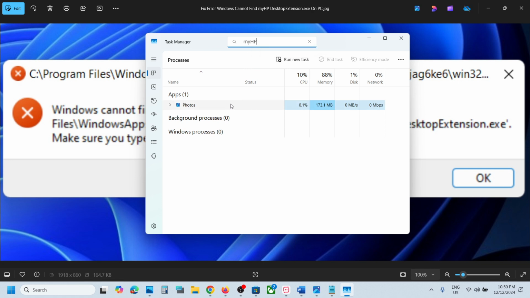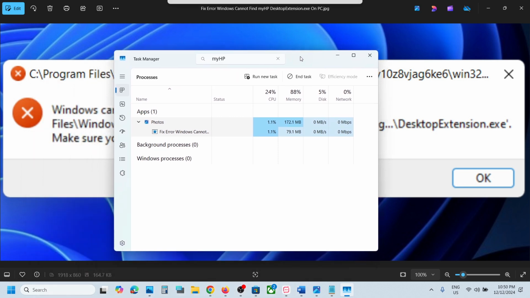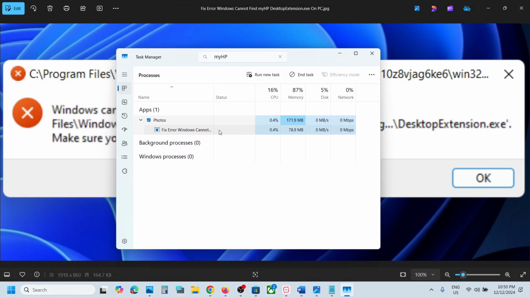Now, if you find myHP, in my case, I don't have this, but when you type in myHP, if you see myHP, you can just make a right click. You can just expand it. Once you expand it, you will see DesktopExtension.exe. So if you find DesktopExtension.exe, you can make a right click and then click on End Task, and that